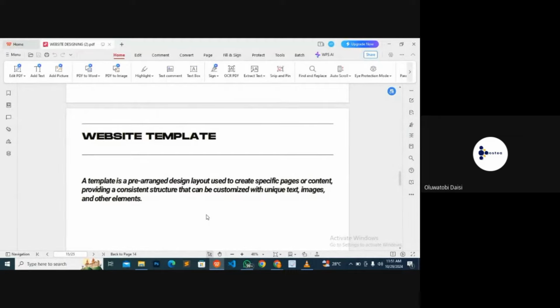Another thing is there are other themes also that do not have templates at all. You just install the theme and you make use of it directly. Okay, however, they have some features that the website template will not have. For instance, when you install an e-commerce theme, it comes with the whole e-commerce features already. You have your cart page, you have your shop page, you have everything that you need to make up an e-commerce website. However, a template just comes with design, just look, just images, text, write-up, and the like. It doesn't come with functionality. All right, you just put that at the back of your mind.